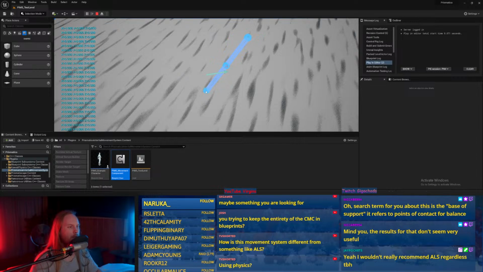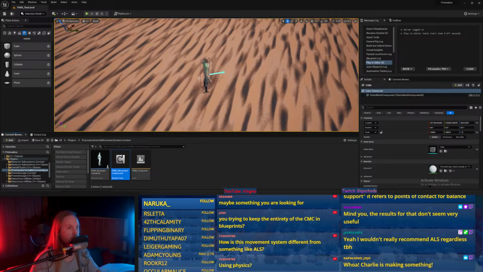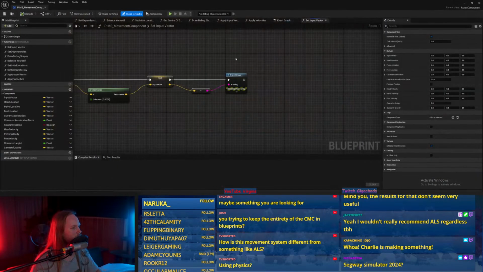And then as our feet catch up to it... Actually, no, it should self-correct, because the feet are just going to go towards it, but it's going to go back to the...